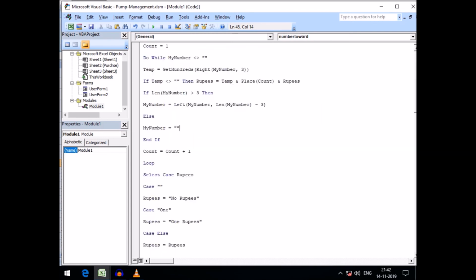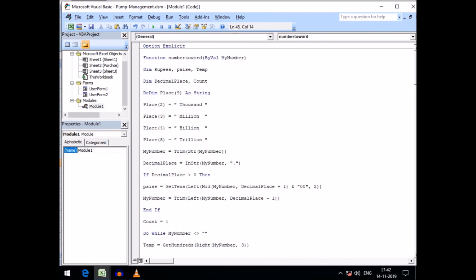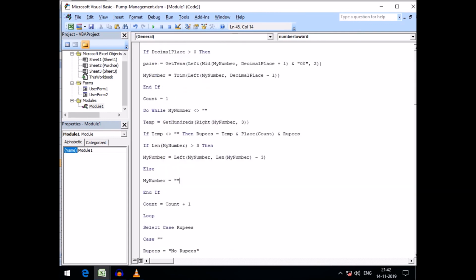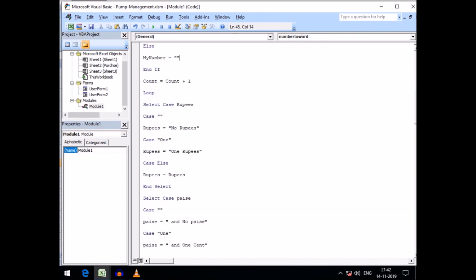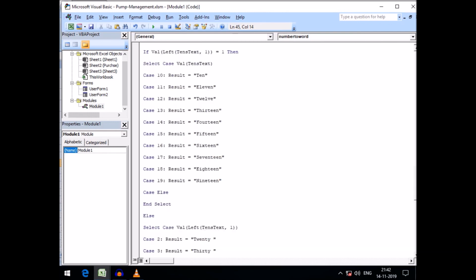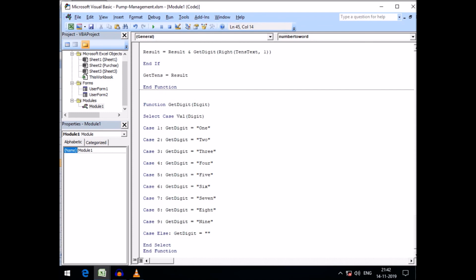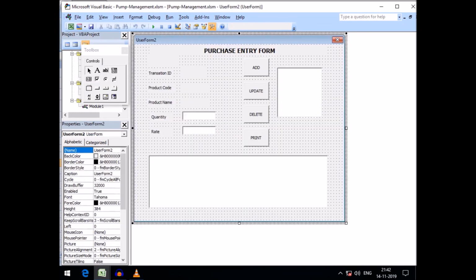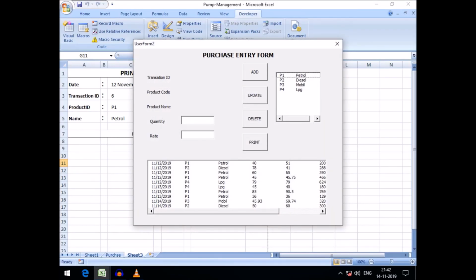So friends, you can also use this to make numbers into words, and you can also modify as per your requirement friends. So friends, again I'm going to our user form, and if I want to print this